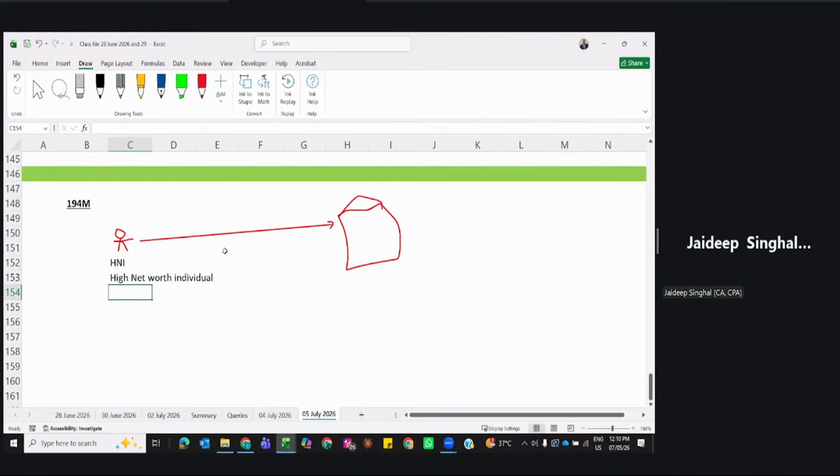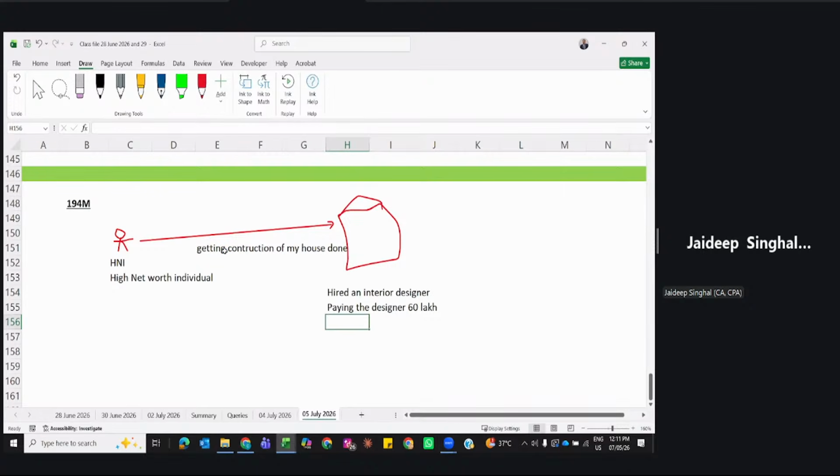Now I'm getting the interior designing work of the house done. I have hired an interior designer. This section is for big persons. I am paying the designer 60 lakhs.